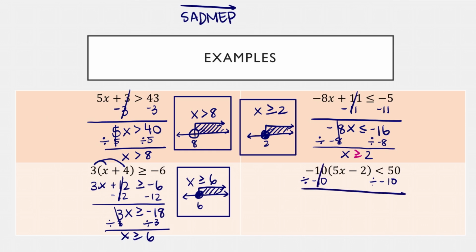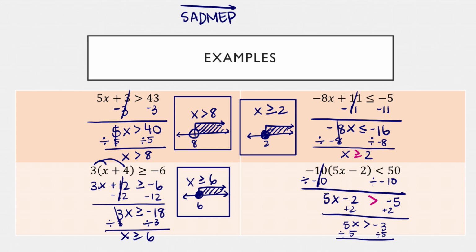then that gets rid of that, so I'm left with 5x minus 2. The other side will become negative 5, but we divided by a negative, and so I have to switch the sign, switch the direction. And then I solve it like normal, so I'd add 2 to both sides. So I have 5x is more than negative 3, and then I would divide by 5,